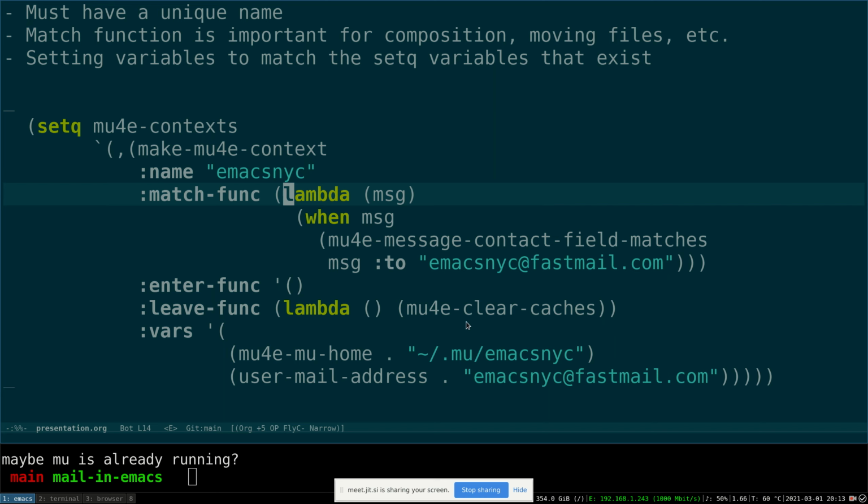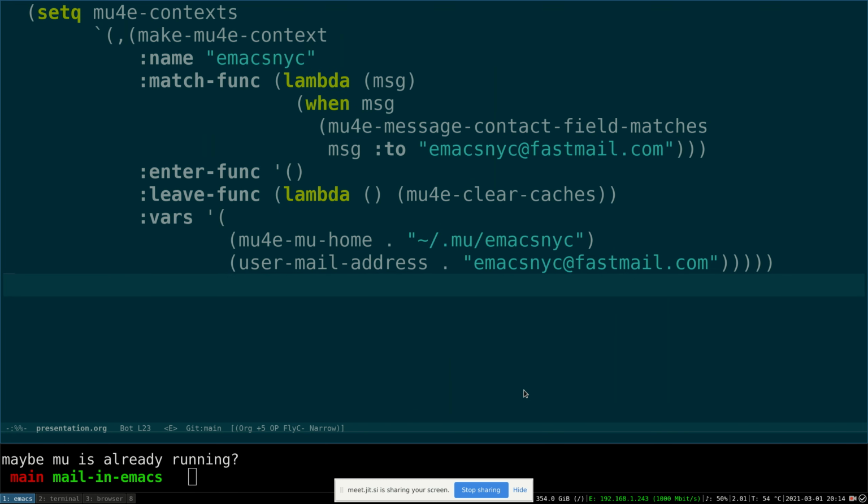Leave function, you clear caches, I think for the sake of clearing caches. The next part that's really important is the variable section. I think it's important to note that these variables here match exactly to the set